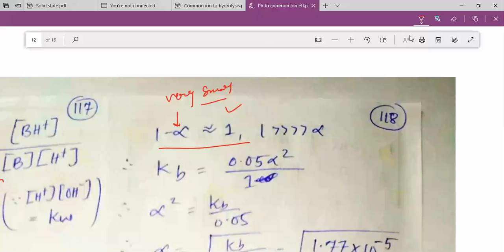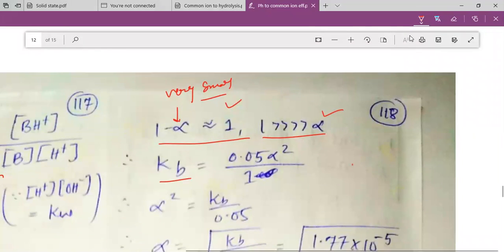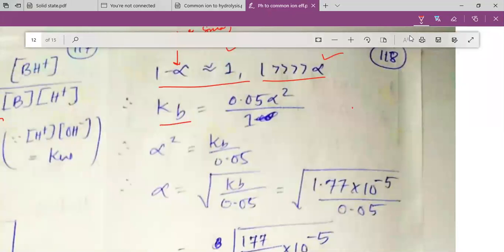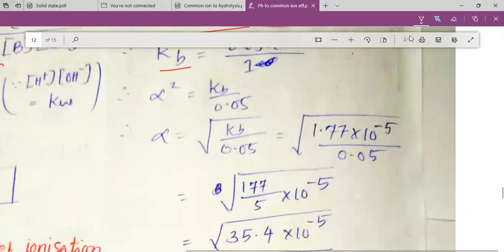So looking into the very small value of alpha, we will find out 1 is quite greater than alpha, and therefore Kb is equal to 0.05 alpha square divided by 1. This 1 was 1 minus alpha, which we have taken as 1. And therefore, my dear students, our Kb is equal to 0.05 alpha square. Therefore, alpha square is equal to Kb divided by 0.05, and therefore alpha is equal to plus or minus square root of Kb divided